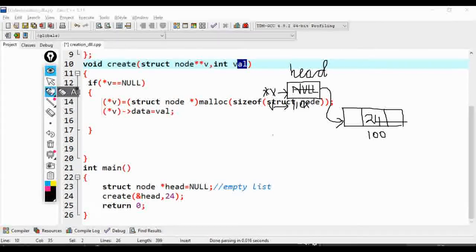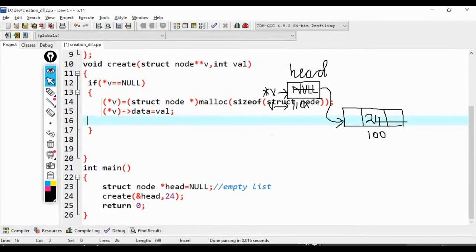Now let us fill in the next part and previous part. So this is the first and the last node of the linked list, so the previous and the next part pointed by the head will be null. So content at v, previous part will be null.